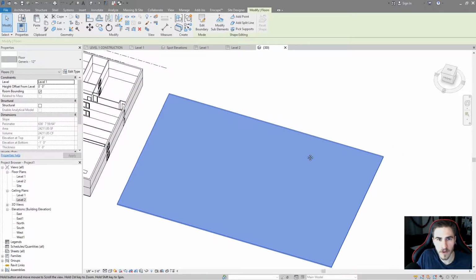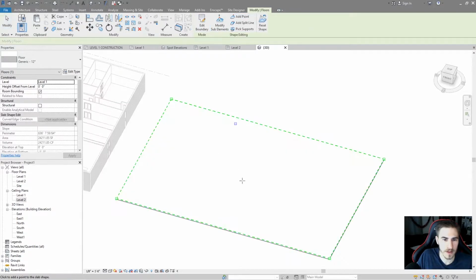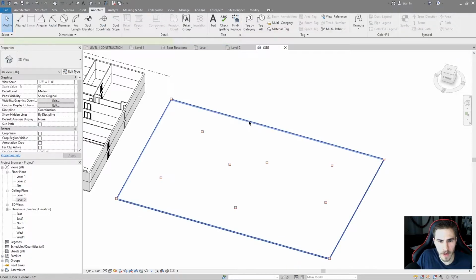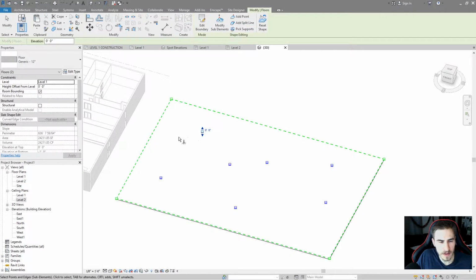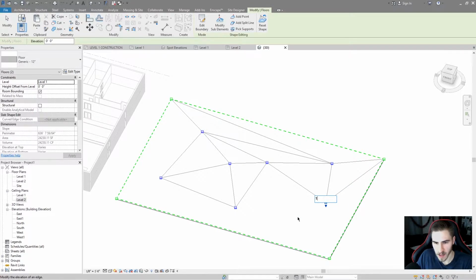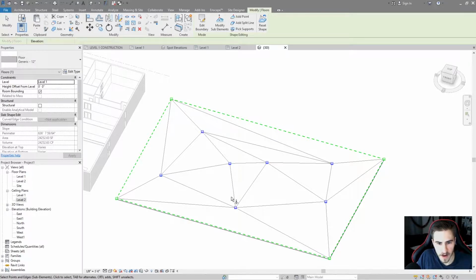I'll take this floor, and I'm going to add a bunch of points, just random points throughout. And what I'm going to do now is change some of these points to different values. I'll make that 1 foot, make that 1 foot, make that 2, make that 1, make this 3. So now I've got this